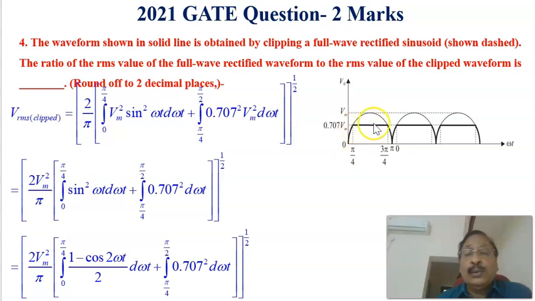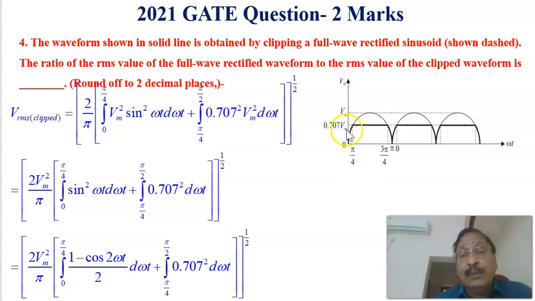Now we are going to calculate the RMS value of the clipped waveform. We calculate the RMS value from 0 up to pi by 2, and then multiply by 2. So instead of calculating from 0 to pi, we calculate from 0 to pi by 2, since the other half is a mirror image, so we can multiply by 2. That is why I am doing this: 2 times 1 by pi, integral 0 to